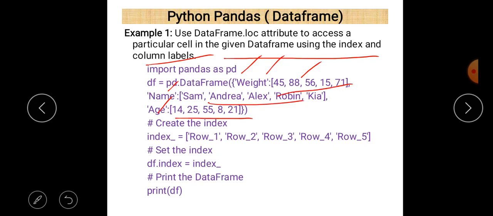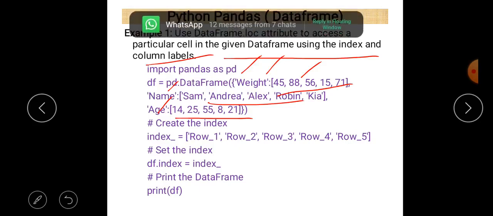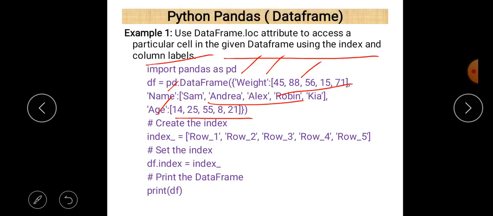These are the keys of the dictionary, and when we pass a dictionary into a data frame, the keys play the role of columns, and these are the values related to each column. These are the values related to the weight, these are the name, and these are the age.